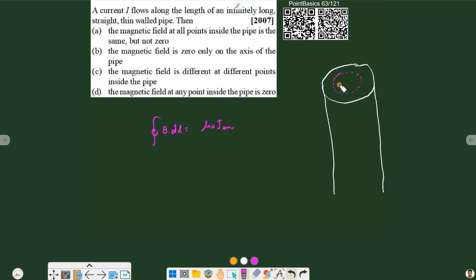So the value of current flowing through this loop is zero, which means the value of magnetic field is zero. So the value of magnetic field at all the points inside this loop, or in this pipe, will be zero. And so here it is, option D, that magnetic field at any point inside the pipe is zero. Moving to the next one,